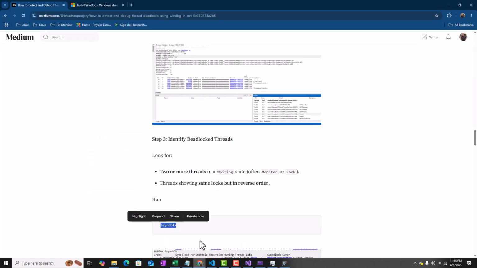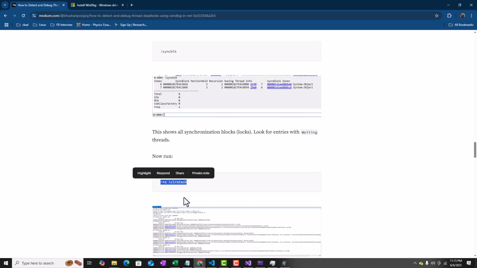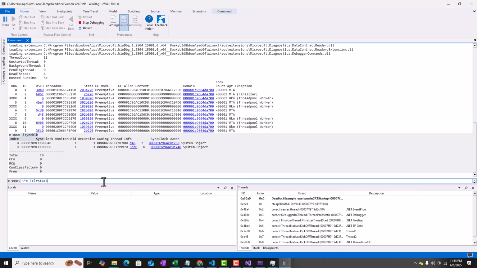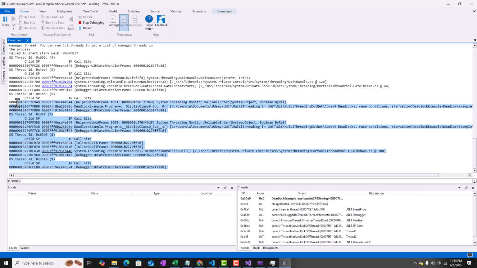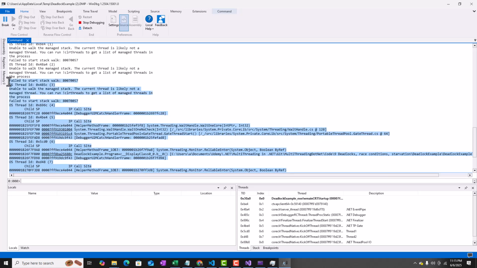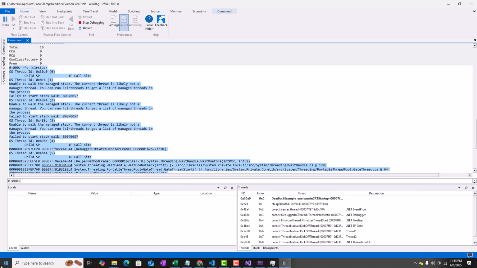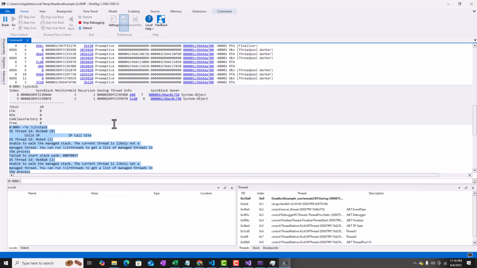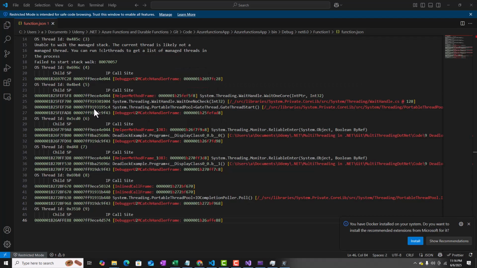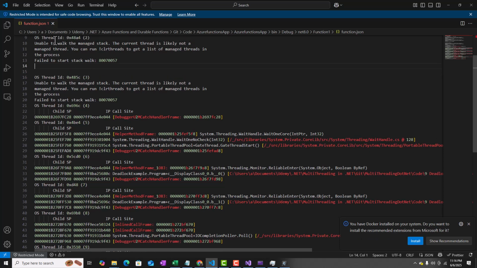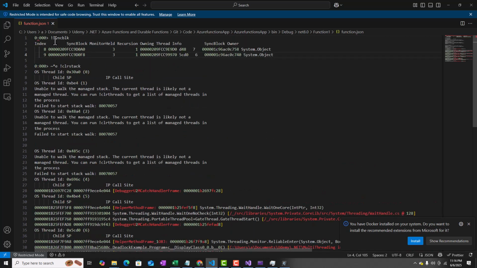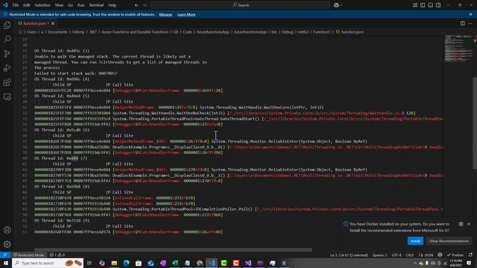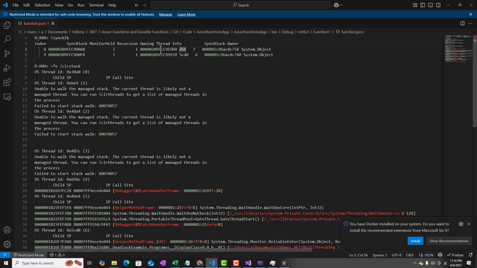the call stack. To extract the call stack, we need to run the following command: ~*e !clrstack. If we copy this and put it in Visual Studio Code, and we copy these two threads which came from the sync blocks, so this was the thread D48, the thread ID, Ctrl C F,